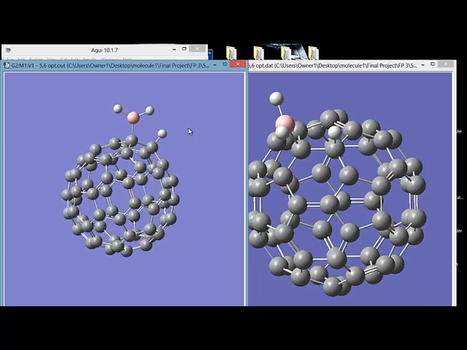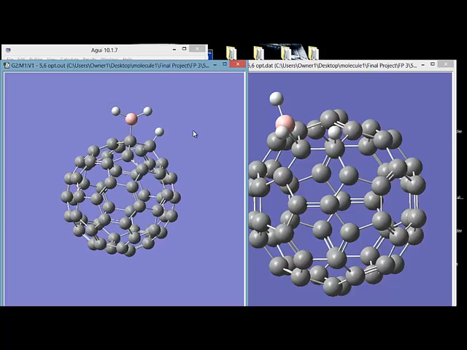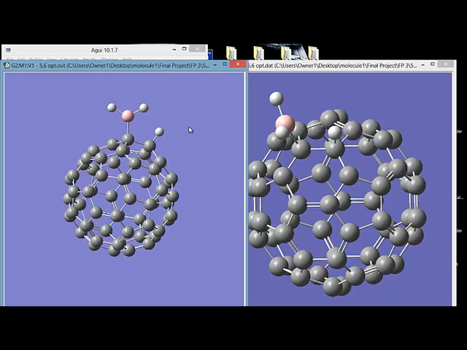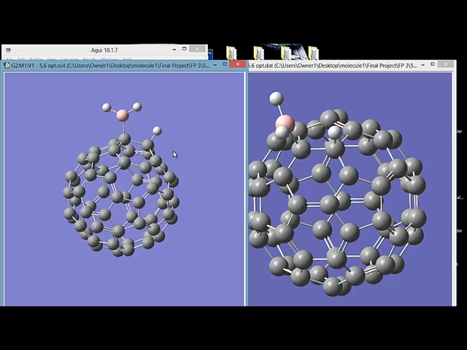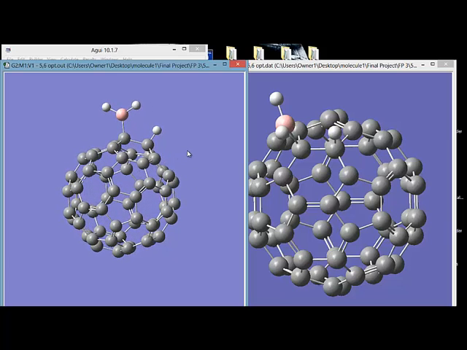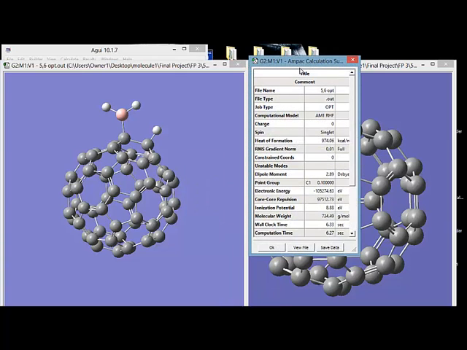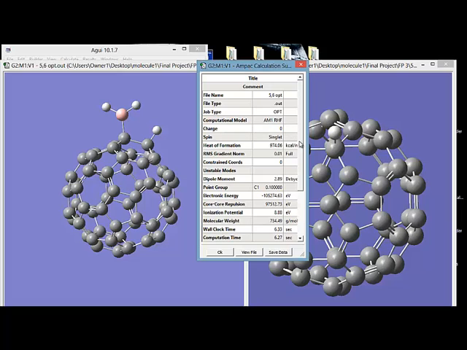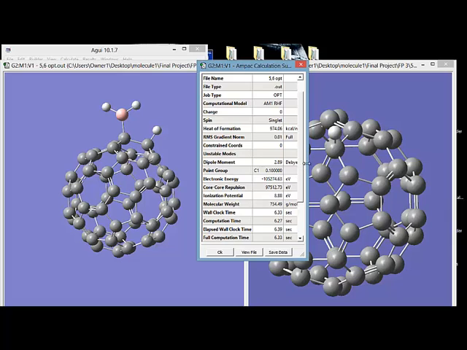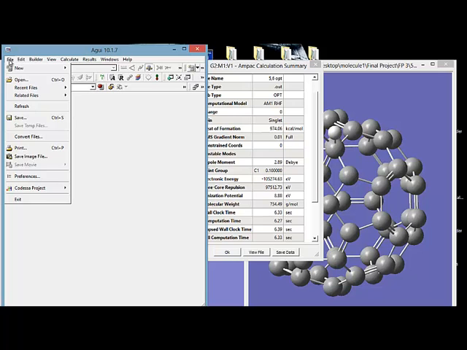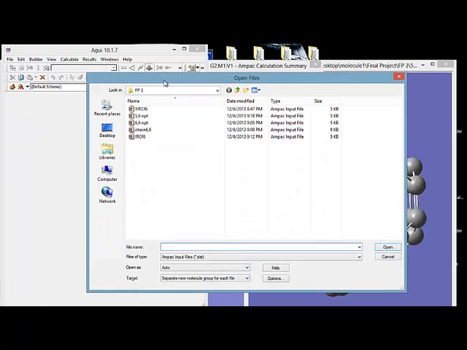So now you want to repeat the same steps and eventually end up with the IRC of this molecule. And you could actually compare from here already. You could right click and you can see the summary of this reaction. You can see here that the heat of formation was 974, and when comparing it to the heat of formation of our 6-6 molecule, I'm going to look for the